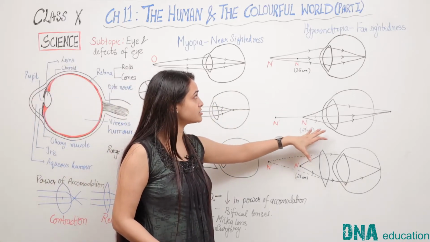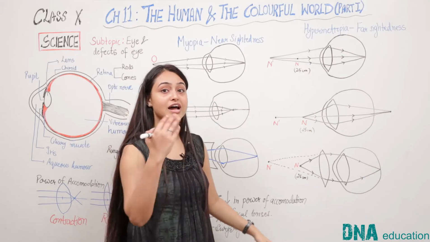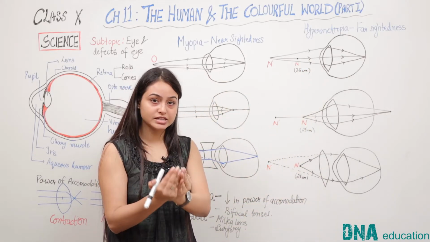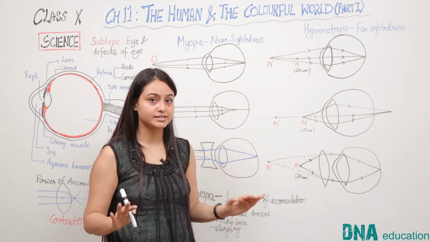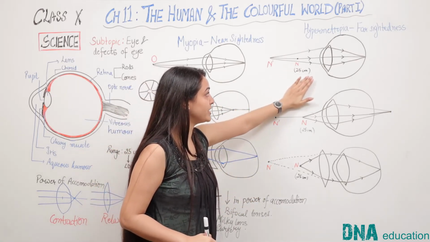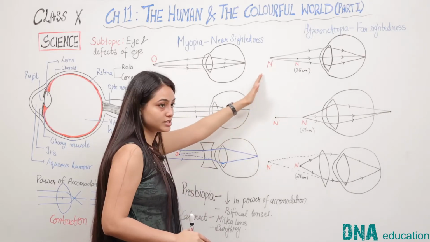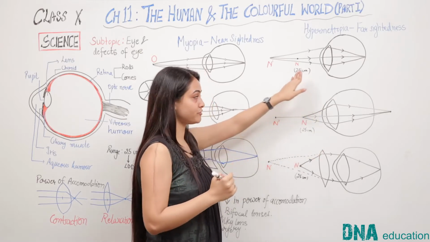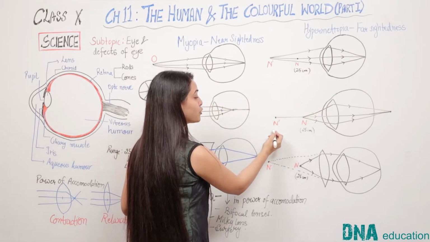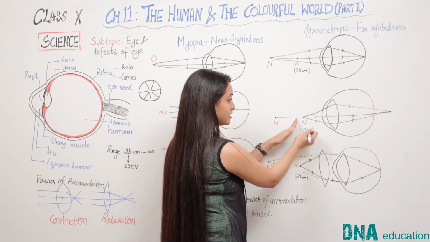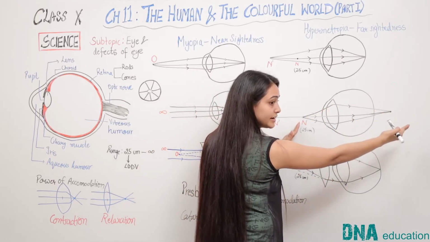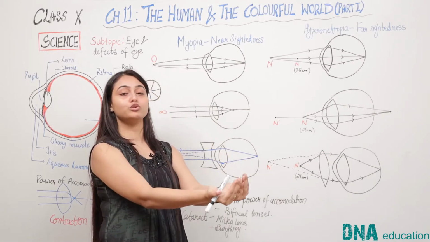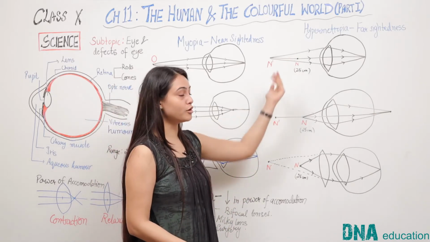द रिवर्स ऑफ दिस डिसऑर्डर इज हाइपरमेट्रोपिया विच इज़ फार साइटेडनेस. इसमें हमें पास की चीज़ें नज़र नहीं आती. फार पॉइंट जो इन्फिनिटी है दैट इज़ करेक्ट, बट जो नियर पॉइंट होता है वो 25 सेंटीमीटर की जगह थोड़ा दूर चला जाता है. दैट मीन्स द डिस्टेंस ग्रेटर देन 25 सेंटीमीटर बिकम्स द नियर पॉइंट ऑफ द आई. तो इन दिस केस अगर हम कोई ऑब्जेक्ट 25 सेंटीमीटर पे रख देते हैं तो इमेज इज फॉर्म्ड बिहाइंड द रेटिना. दैट्स वाई आप अक्सर देखते हैं कि कुछ लोग होते हैं जो चीज़ों को काफ़ी दूर रख के पढ़ते हैं बिकॉज दे आर सफरिंग फ्रॉम हाइपरमेट्रोपिया.